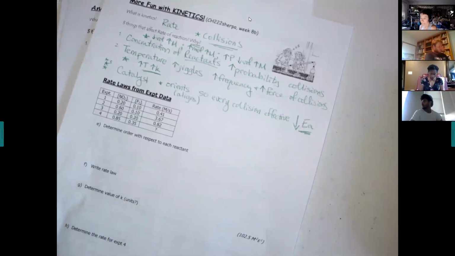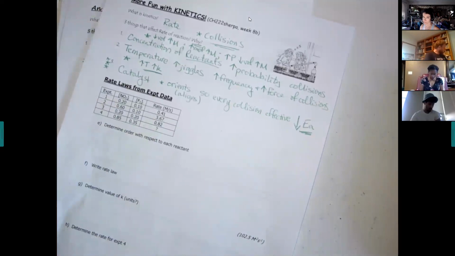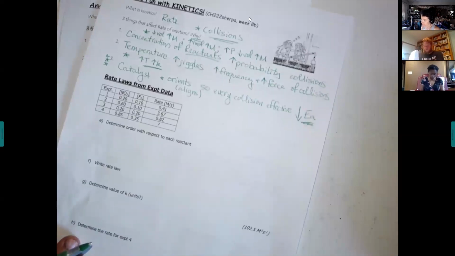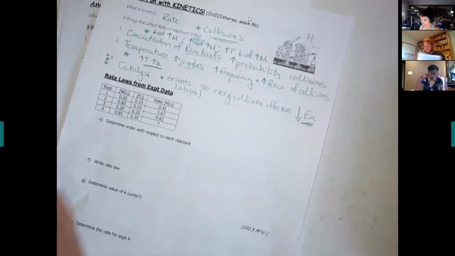All right, so those are the three things that influence a reaction. I want to go through one of these charts, and the first page of your homework is dealing with these charts. These are looking at our first situation, how concentration changes the rate. And the easiest thing to do,